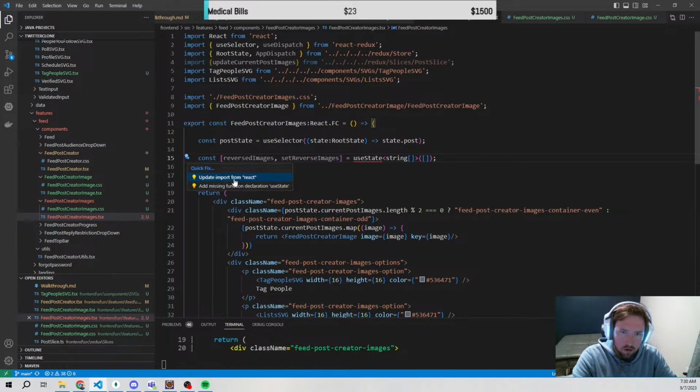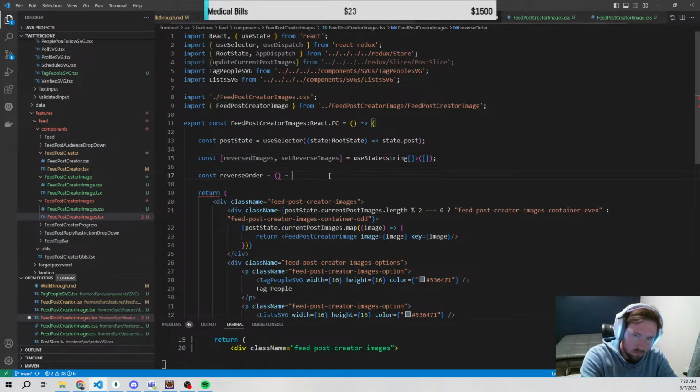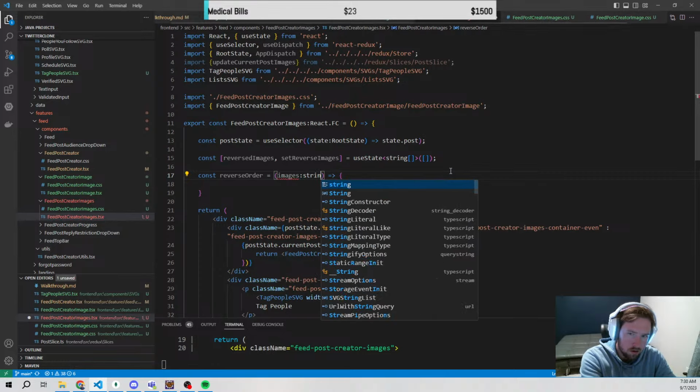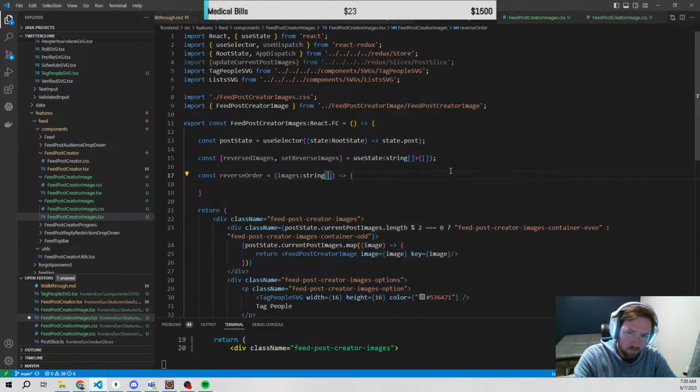And what we'll do is do this. Pass this an array, I guess. So we'll say images string array, and we'll say